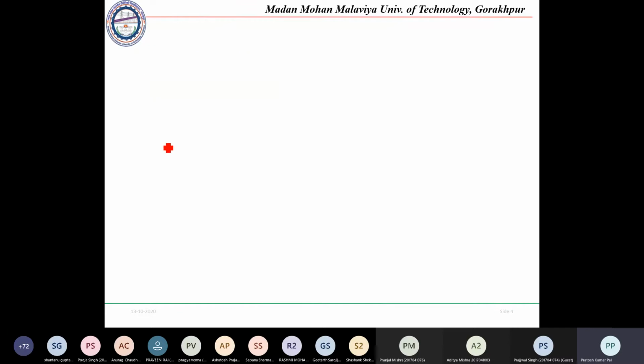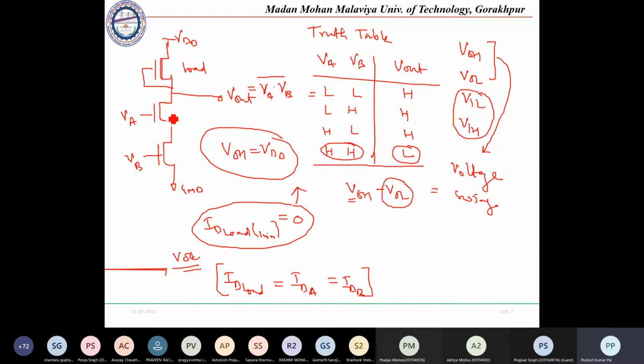But some points we need to consider: when these transistors are connected, there will be a substrate terminal. This transistor will have its substrate connected to ground, so the threshold voltage will be VTN because VSB is zero here. In case of the first one, VSB is zero, but in this case it is not connected to ground. Then whatever voltage is there, that is Vs in case of this transistor, and Vb, so Vs minus Vb will be some positive value. So VSB is not equal to 0 in this case.